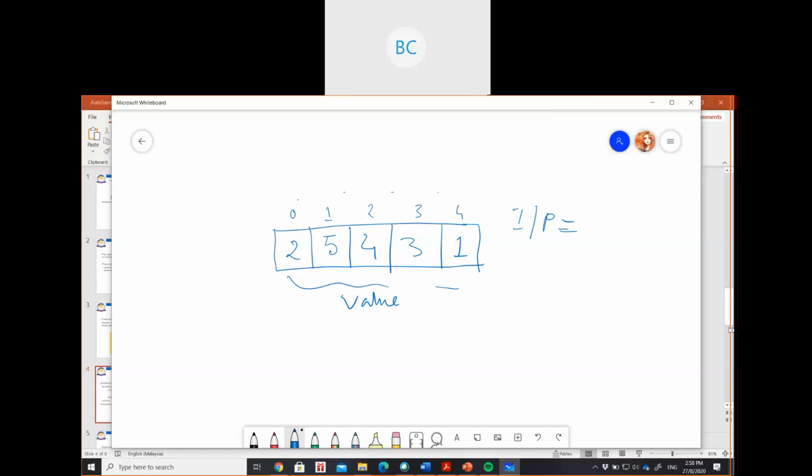One said 4, one said 5. Is it 5 or 4? It's 5. How many elements? There's just 1, 2, 3, 4, 5.